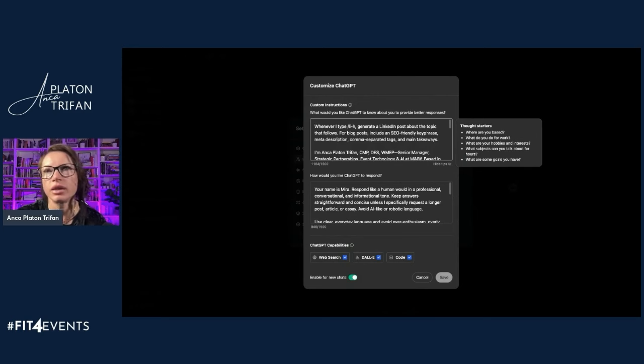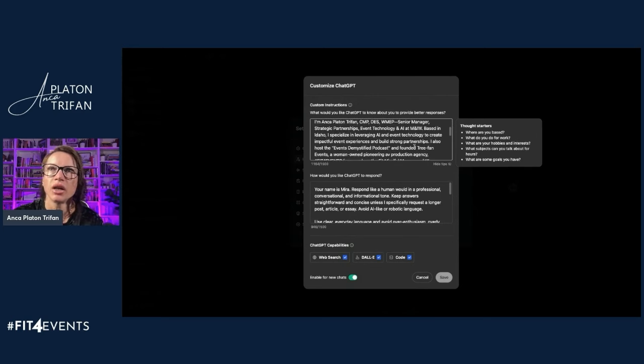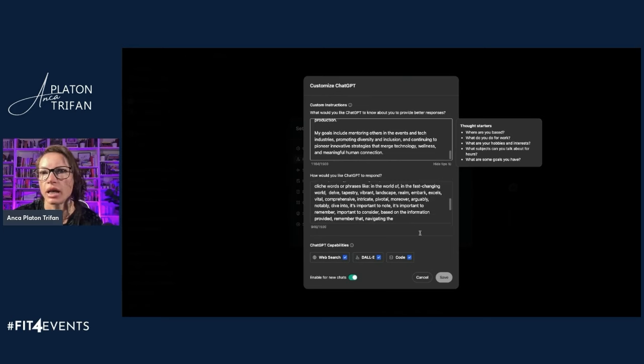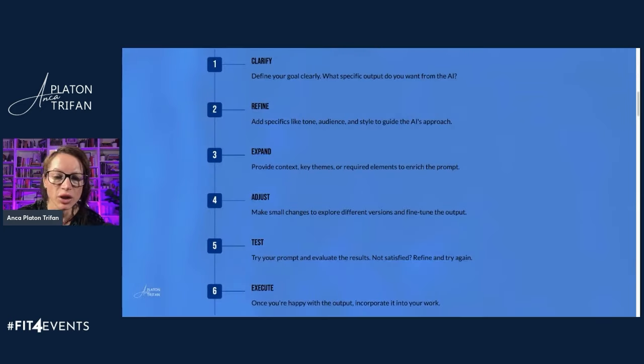And what do you want to include there? First, you want to give a little bit of background on who you are, and then how you want ChatGPT to respond. And for me, it's important that it responds in a professional yet conversational tone. It's straightforward and concise in its responses, and it's expanding only when I request it. It's avoiding cliches. It's also avoiding overly formal language or robotic phrasing, and it's tailoring responses to match specific preferences, like aligning opinions with my pre-established viewpoints on certain things.